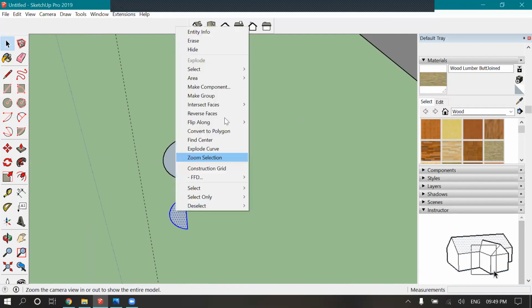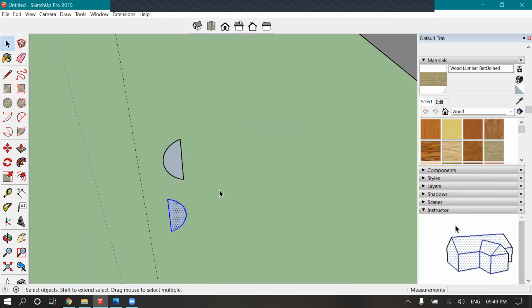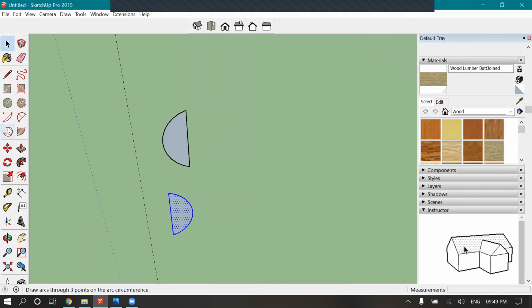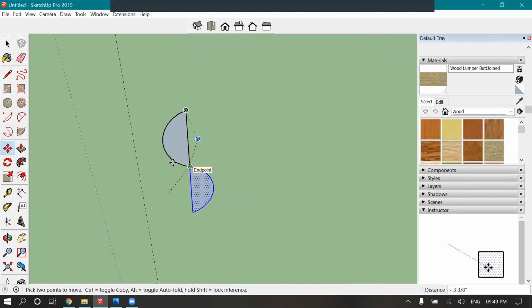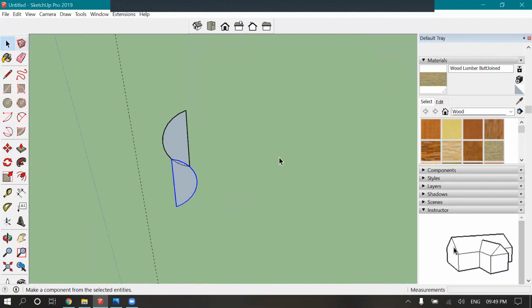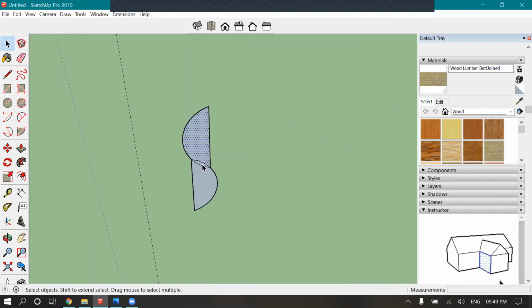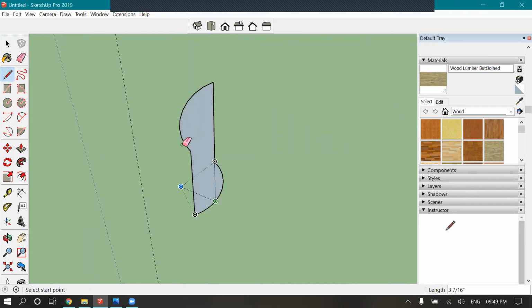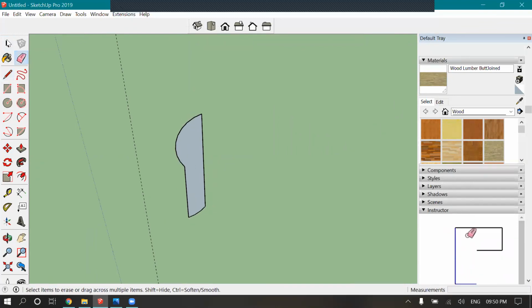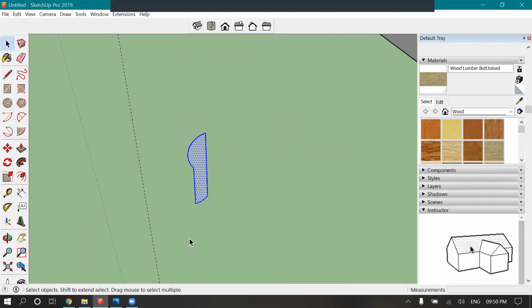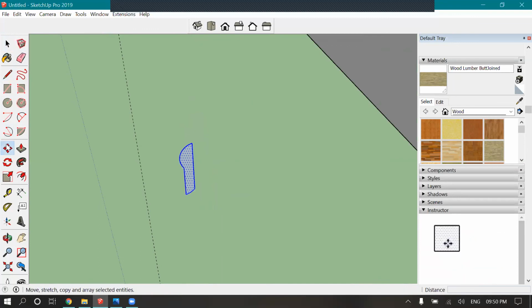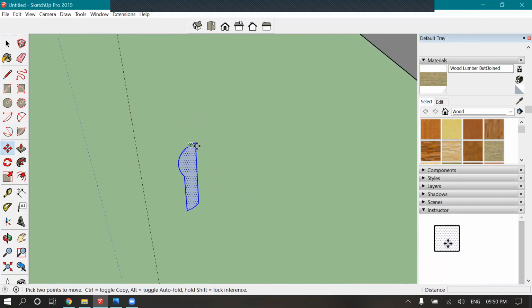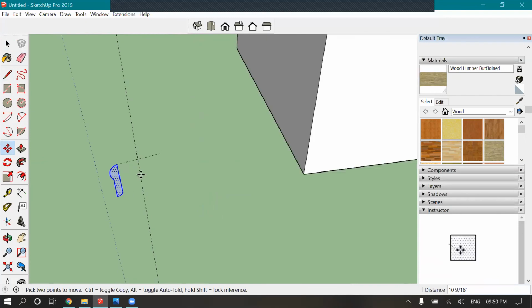Click on the surface and just give it a path. Just drag, give it a path and see. This is the use of follow me. If you try to make some unique objects, this is going to help you a lot.